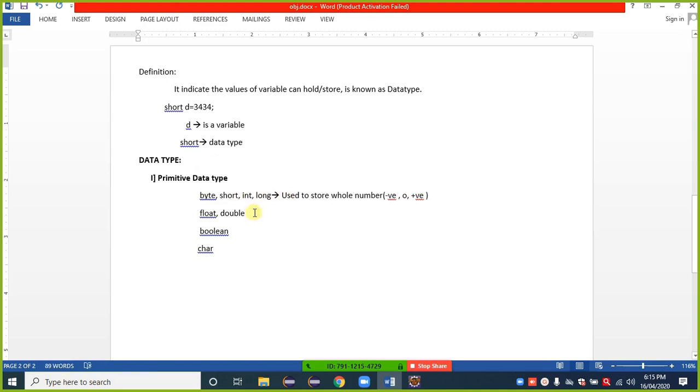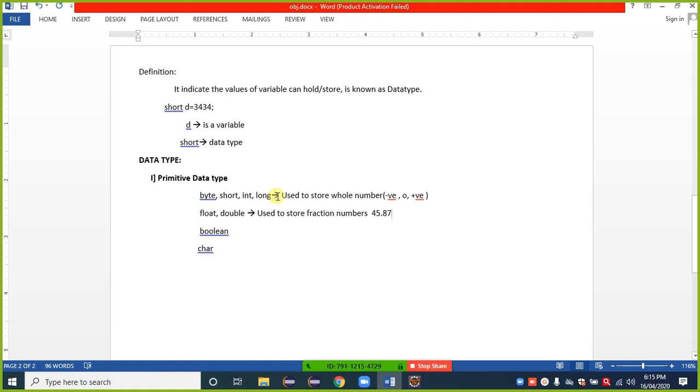Then we have the second group, used to store fraction numbers: float and double. Suppose I have a value like 45 point something. In that case I need to use either float or double. I cannot go with byte, short, int, or long.